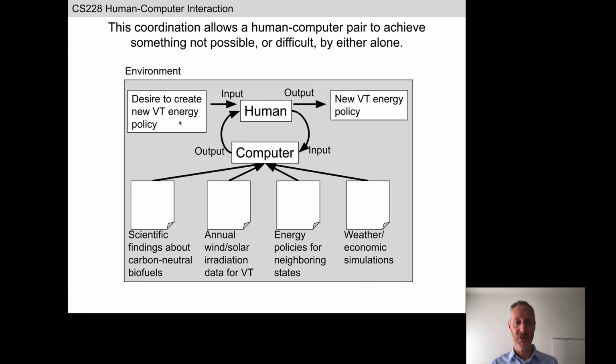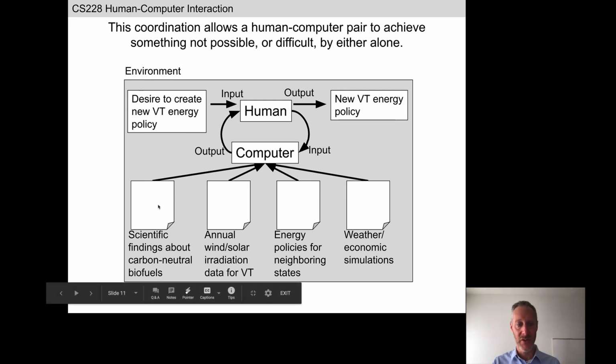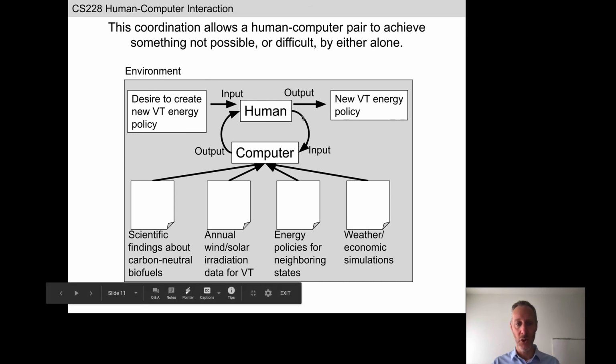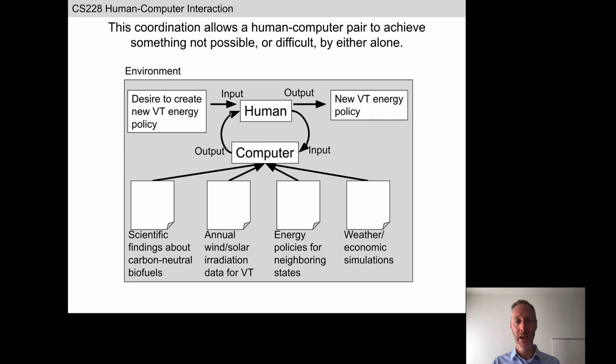Here's a very traditional thing. You might need to do some research. You jump onto the web. You have a certain idea in mind, like you want to think about new energy policies for Vermont. You already come in with an idea about biofuels. You start Googling biofuels. You learn a little bit about it, and based on what the computer gives you back, you alter your idea. Maybe now you're thinking a little bit more about wind and solar. You Google those terms. You get some information back, and around this loop you go.